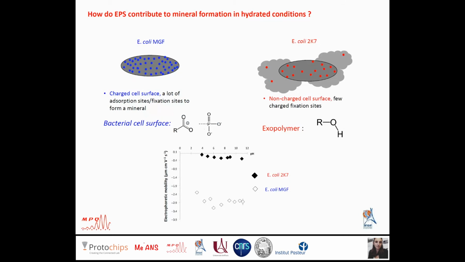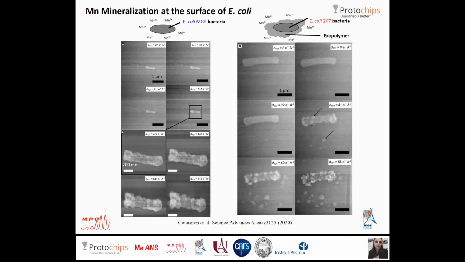To compare the role of each bacterial surface in nucleation and mineral growth, bacteria were loaded in a liquid cell with an aqueous solution containing manganese, and in two duplicate independent experiments, the cells were exposed to the incident electron beam to trigger the mineral formation. So here is what we observed. In both cases, we can see that the contrast of the bacteria increases slightly over time due to the formation of a manganese-rich shell on the surface of the bacteria. The electron beam here is inducing the precipitation of manganese at the surface of the organic template.